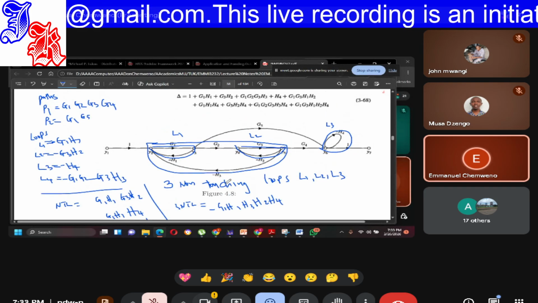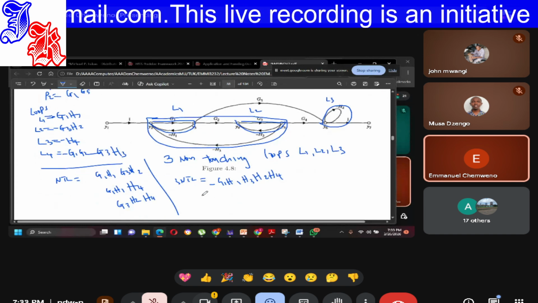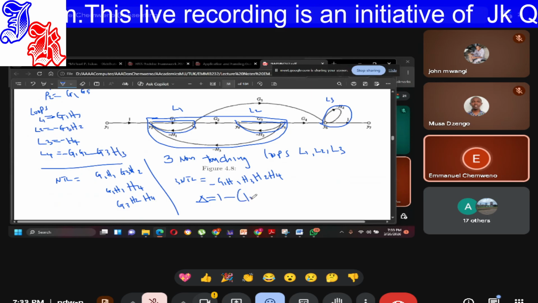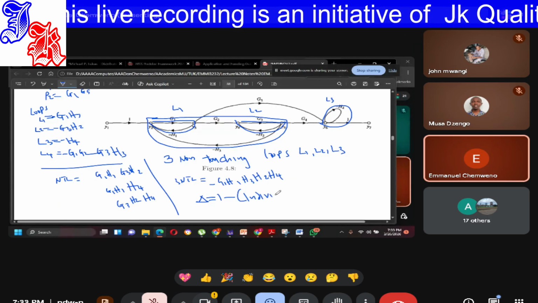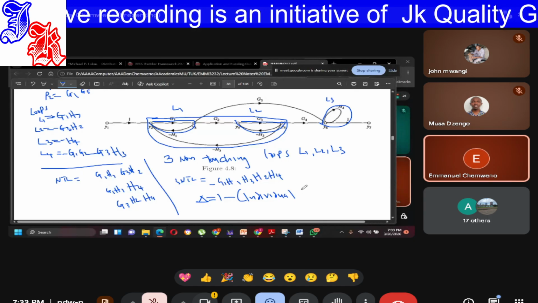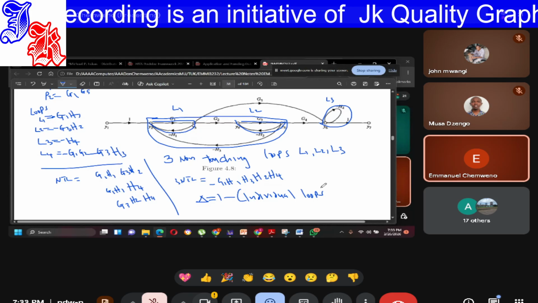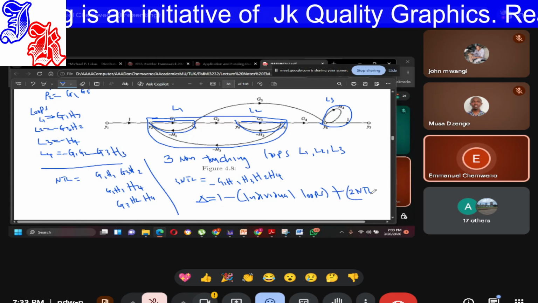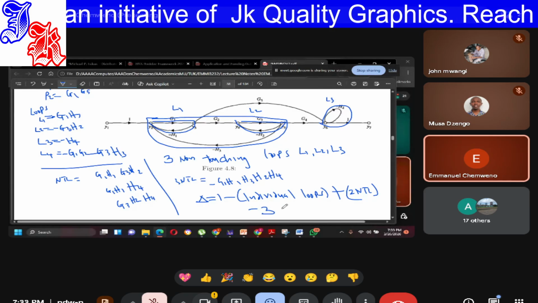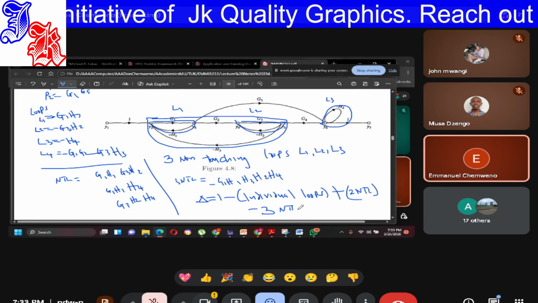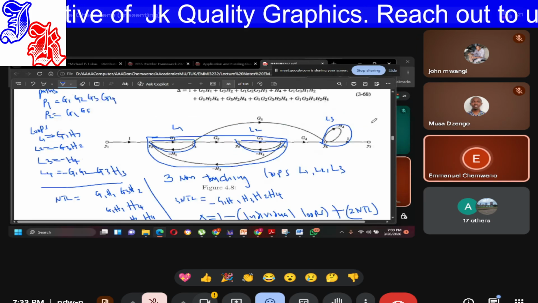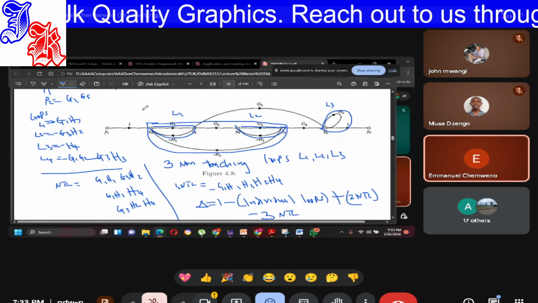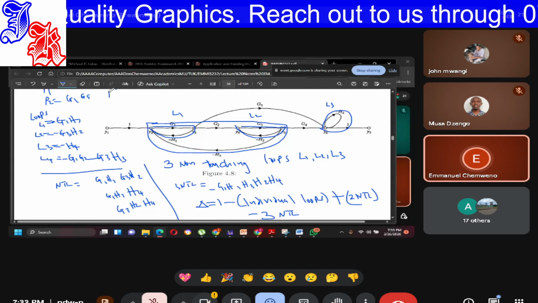So our determinant is 1 minus individual loops, plus 2 non-touching loops, or the combination, minus 3 non-touching loops, which I can write here as follows. The determinant is